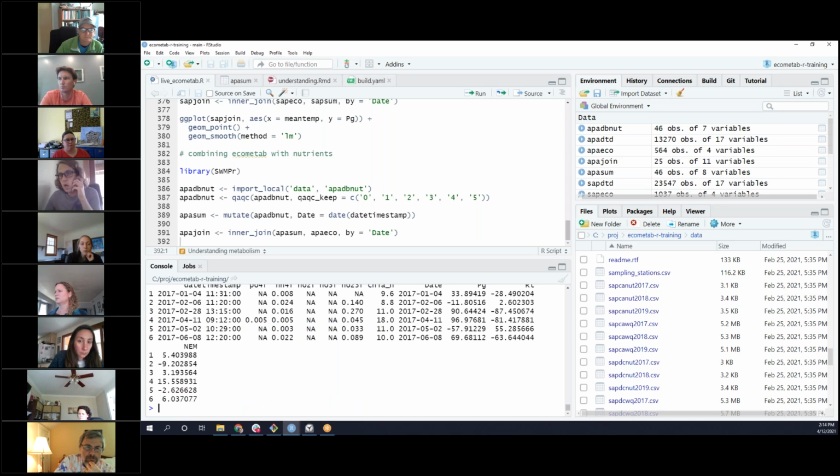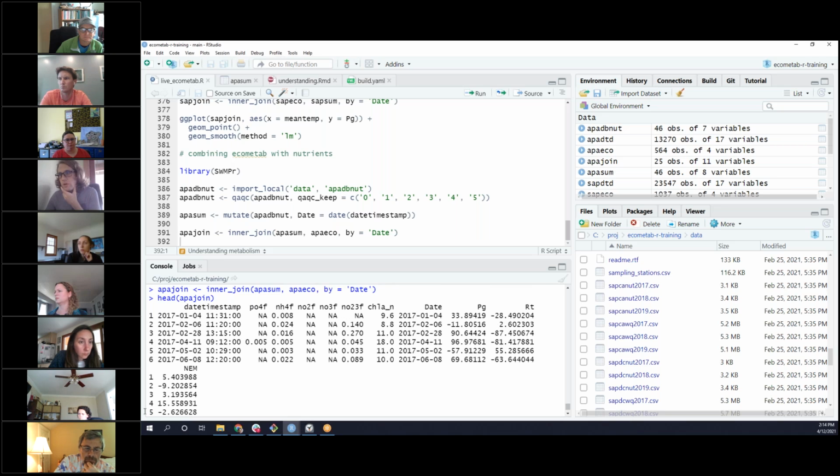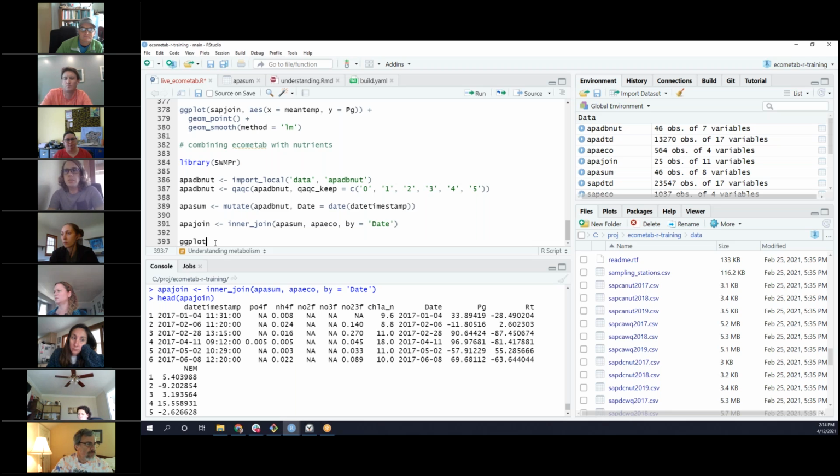So there we go. We have our nutrients data. We don't need that date timestamp column anymore, but it's there. We have our date column, and then the metabolism estimates that share those same dates with the nutrient data, and vice versa. So now we're ready to make a quick plot. We can make a ggplot again. We'll say